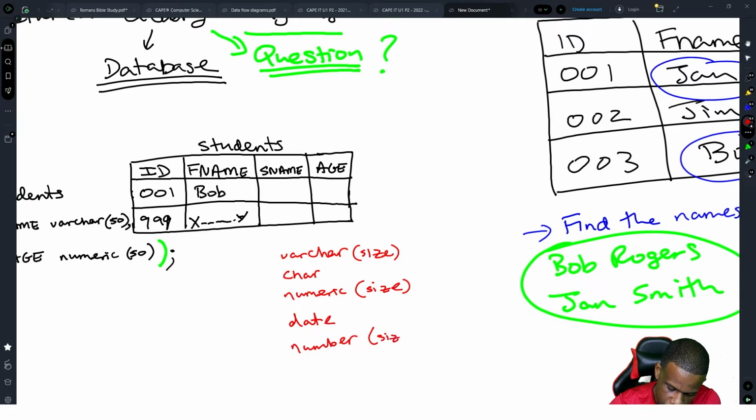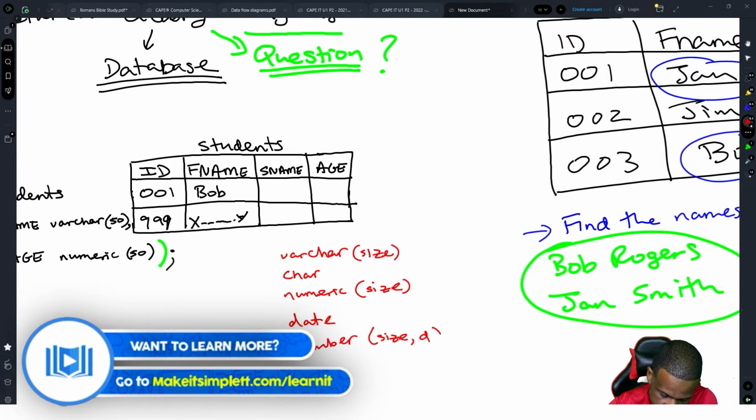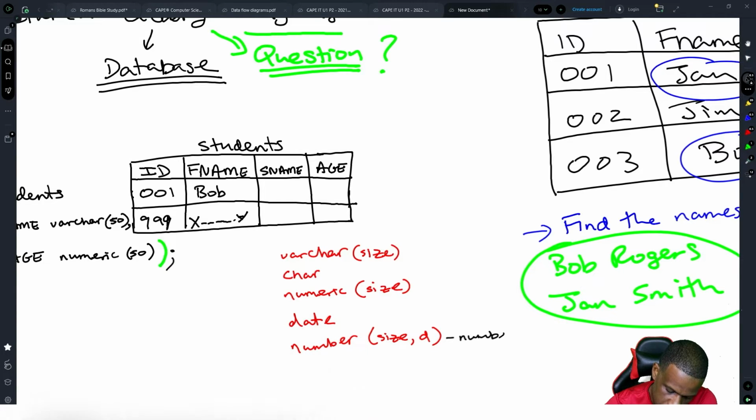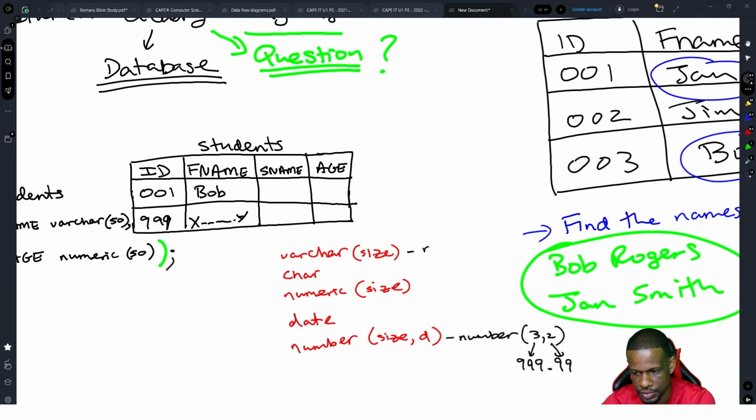So for example, you could say number 32. That means you could be able to hold 999.99. 3 there and 2 there. Same concept for the others, right? So you could have like name 10. That means you'll be able to hold a name with 10 letters inside of it. Right? So that is the create table